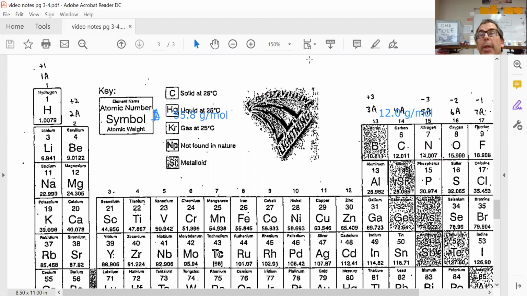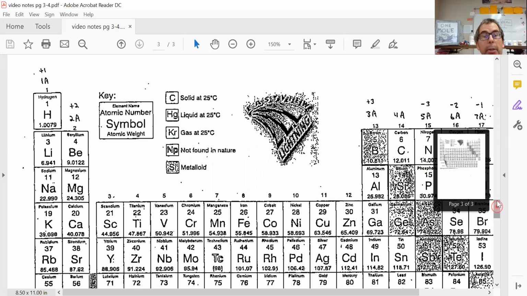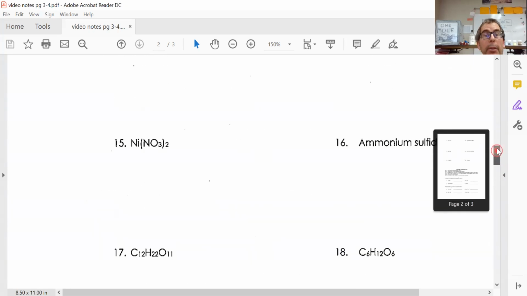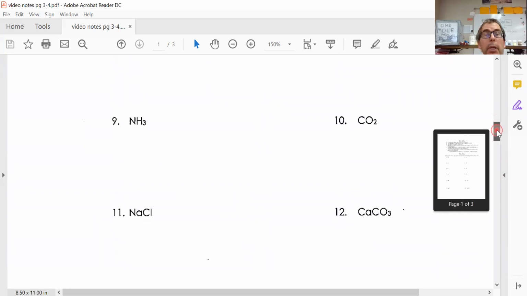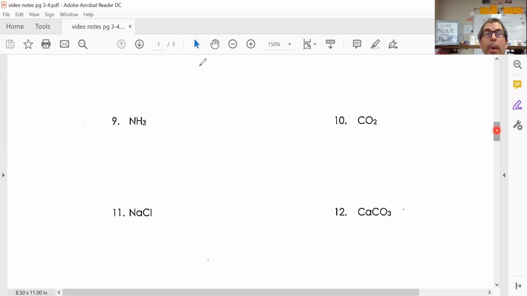So if I were doing that one, I'm going to clear my drawings here. I'm going to come back and, let's see. If I were doing this, I might say N, and I might say 1 times 14.0 equals